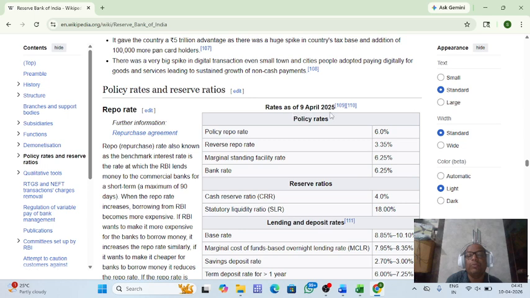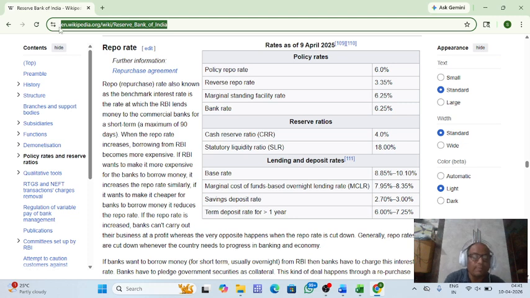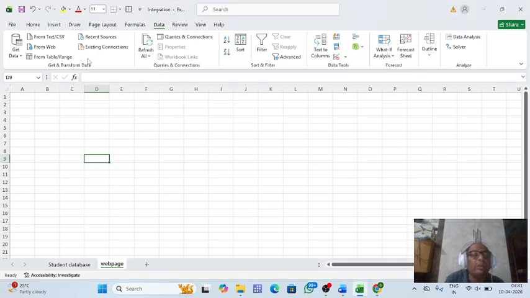the rate of 9 April 2025. Suppose we want to take only that. We want to take it into Excel. So how to do that? As the URL is required, copy the URL and go to that From Web, and